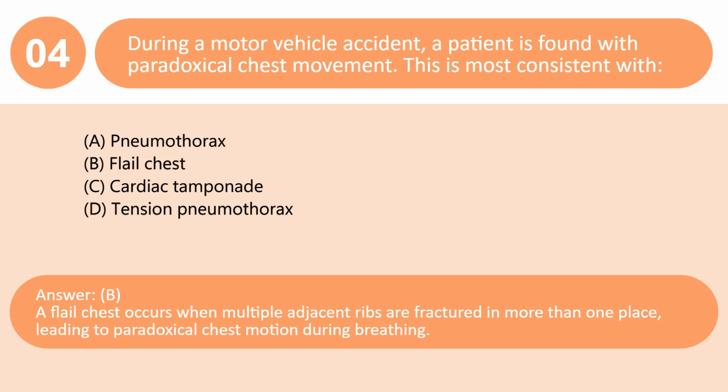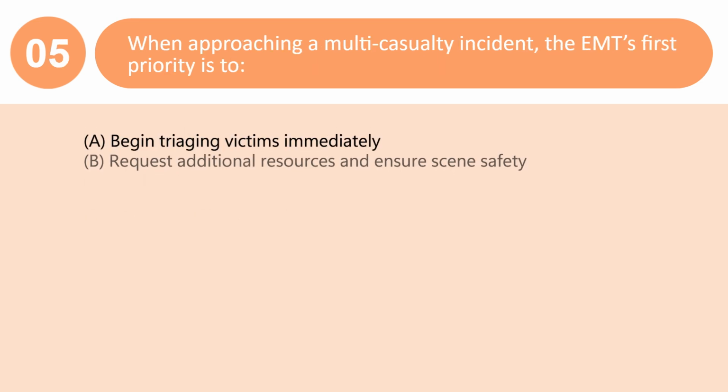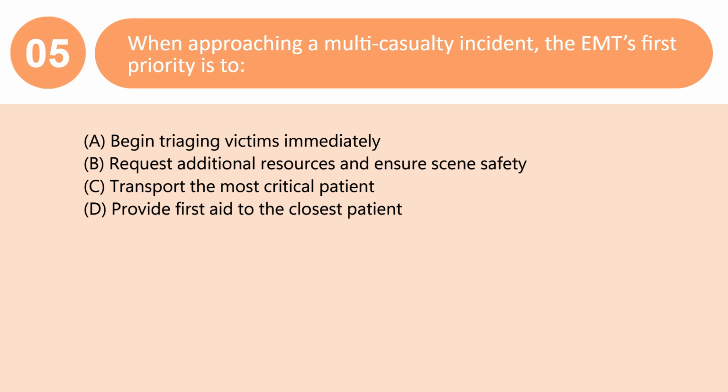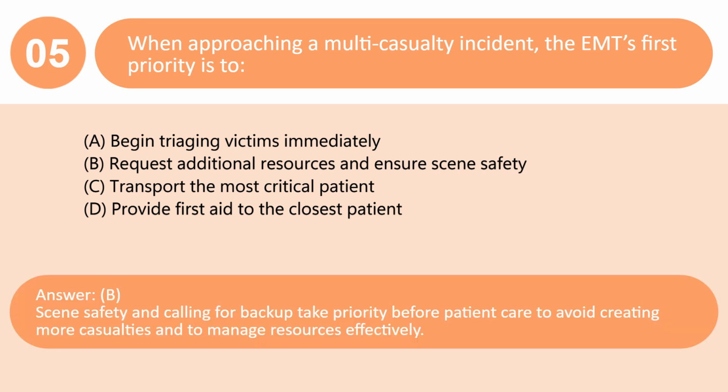chest motion during breathing. When approaching a multi-casualty incident, the EMT's first priority is to A. Begin triaging victims immediately. B. Request additional resources and ensure scene safety. C. Transport the most critical patient. D. Provide first aid to the closest patient. Answer: B. Scene safety and calling for backup take priority before patient care to avoid creating more casualties and to